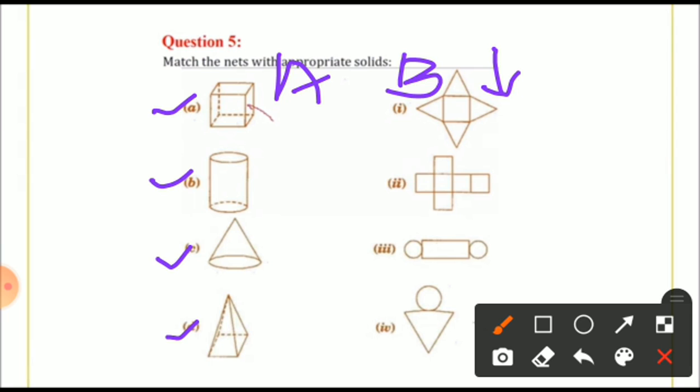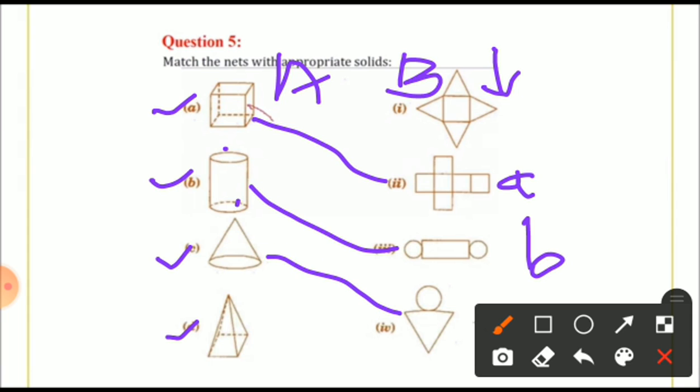For cube, you are right, my dear student. This is the answer A. Isn't it? Correct. What about the cylinder? Yes, the cylinder has 2 circles, top side and bottom side, and here you can find a circle B. Have you seen, beta? Yes, correct. For cone, what will you do, beta? If you cut the piece of paper this way and fold it, you will get a cone, an upside-down cone. Or yes, you can say the birthday cap. Isn't it a birthday cap? Yes, right, my dear students.